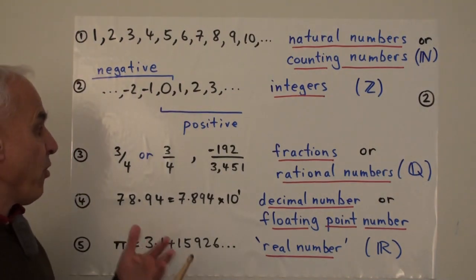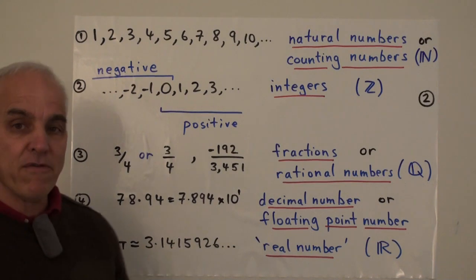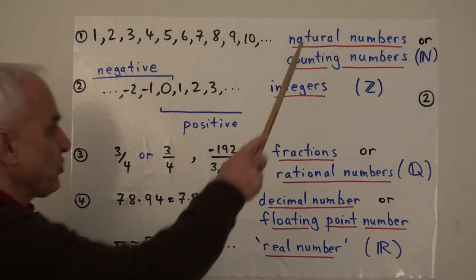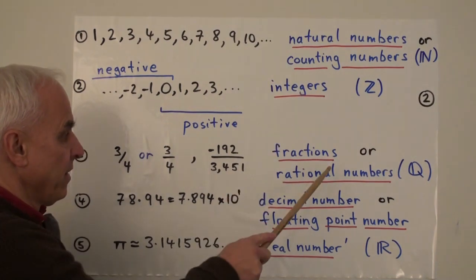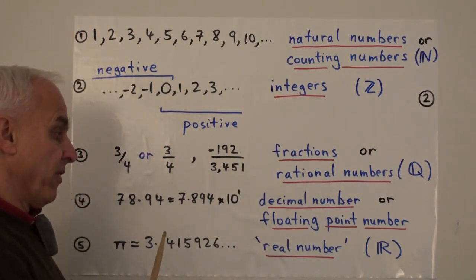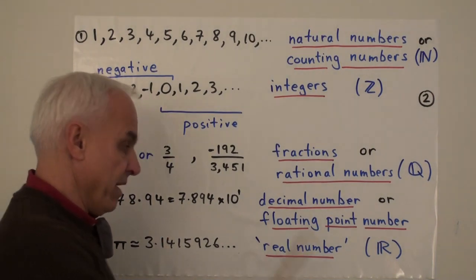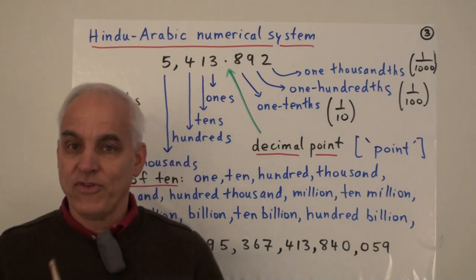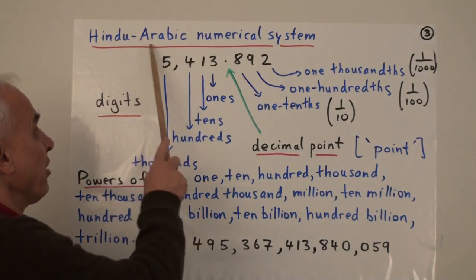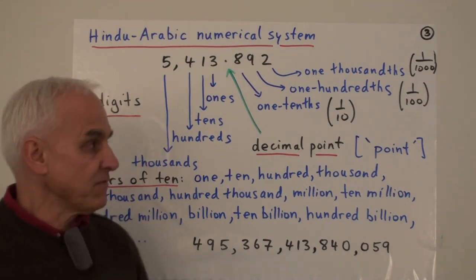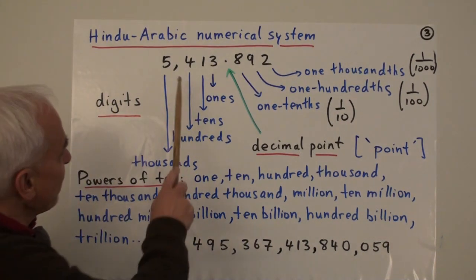So these are 5 important types of numbers or number systems that we encounter. The natural numbers, the integers, the rational numbers, floating point numbers or decimal numbers, and real numbers. Let's say a little bit about our numerical system, which is the Hindu-Arabic numerical system, which is based on powers of 10. Here, for example, is the number